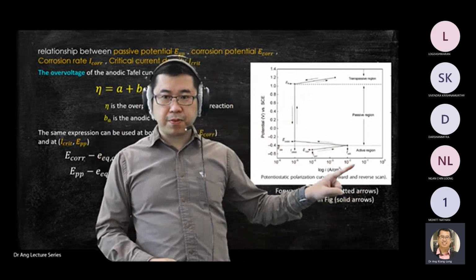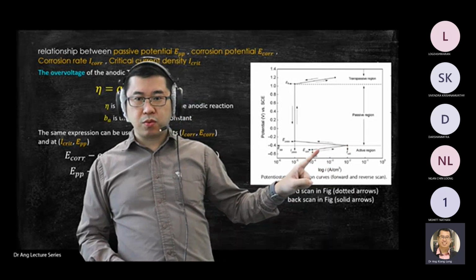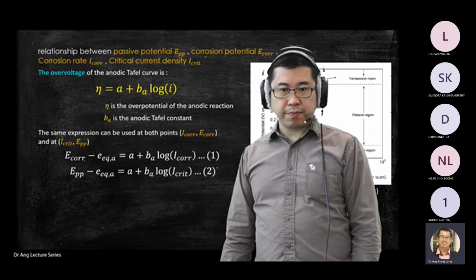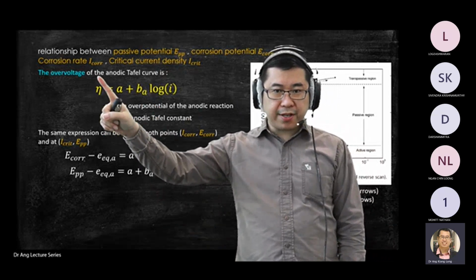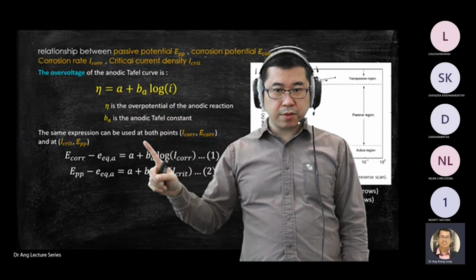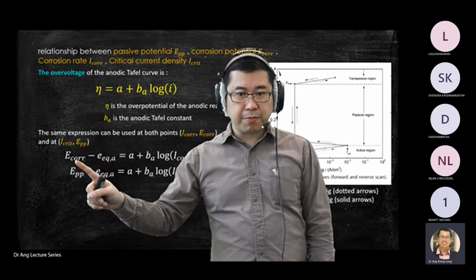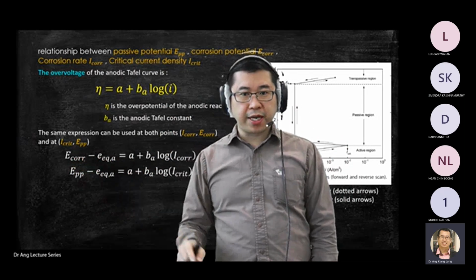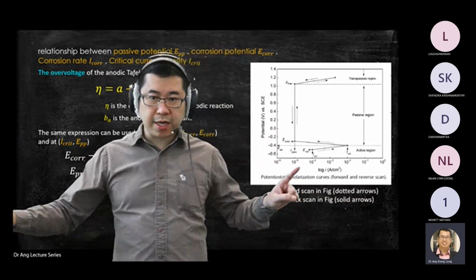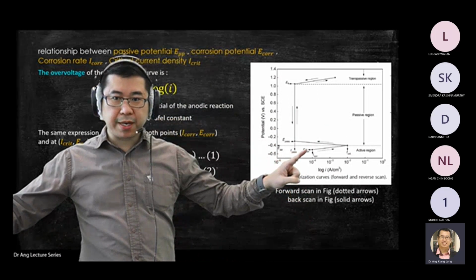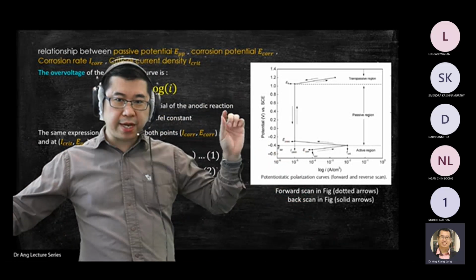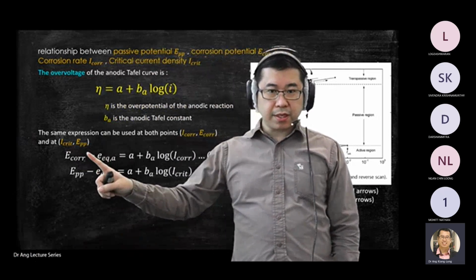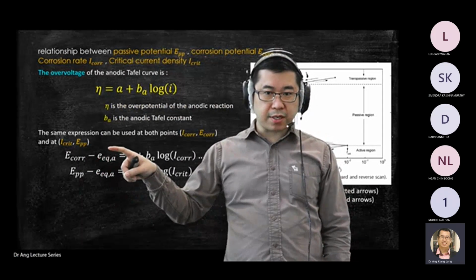Still remember, we have two points here, 1 and 2, right? When we put the point into the Tafel equation, on the left hand side, this one is the voltage potential. How do you find the potential? You take the E corrosion minus the equivalent of A. You take the value of this one and then minus the potential of that element. Okay, E corrosion minus the equivalent